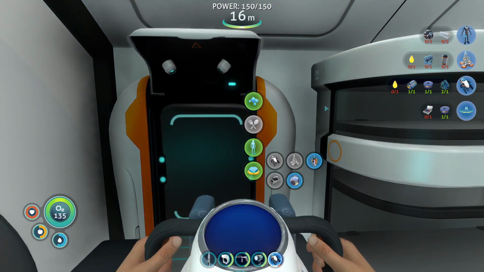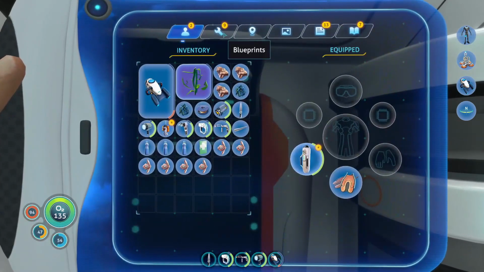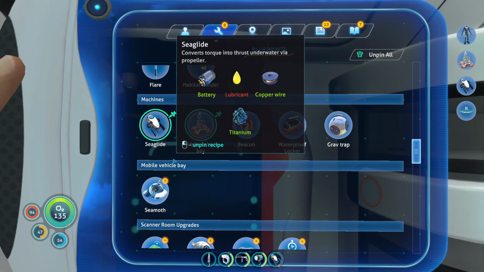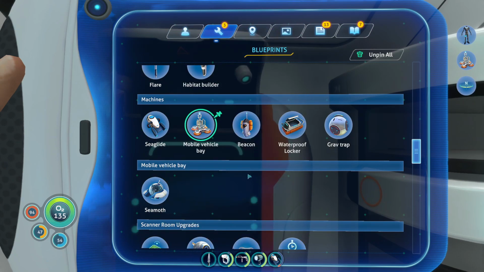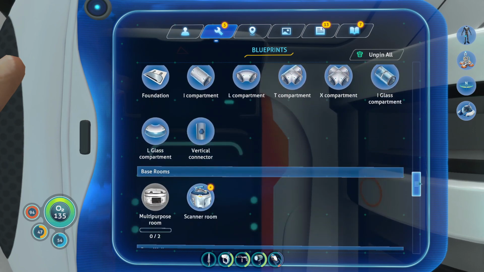It is weird if you've played a load of games that have a map to play something that doesn't. Let me just remove the Seamoth off the... we've got the rebreather, that's fine. I'll take the Seaglide. We'll put the Seamoth on. We'll do the mobile vehicle bay as well, because I want to try and get...